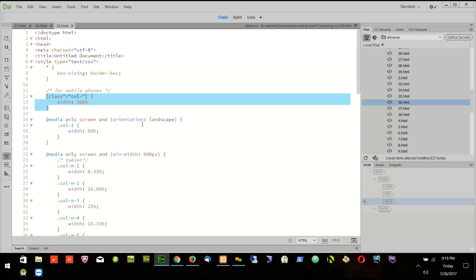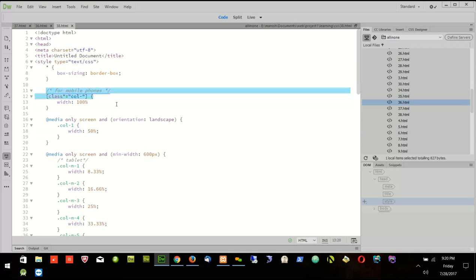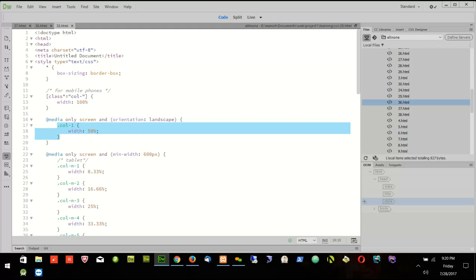And you can also define orientation portrait. But this is kind of the normal portrait one if we don't define it. Otherwise, if we want to specifically define, we can say orientation landscape. So when the mobile is turned to landscape, it will take this property. So this is the one part which we did about our responsive design. Now, if we want to put the image in the responsive design,